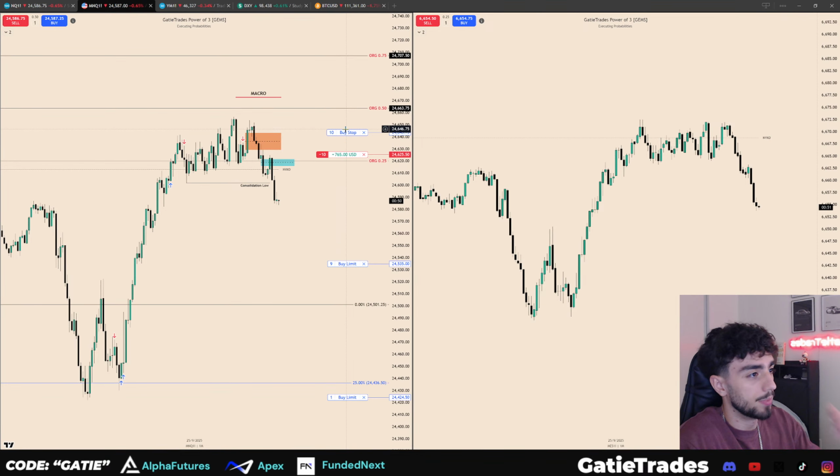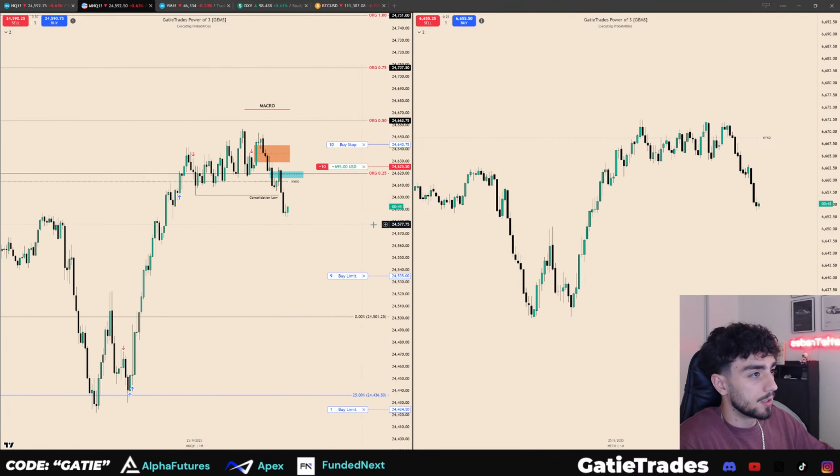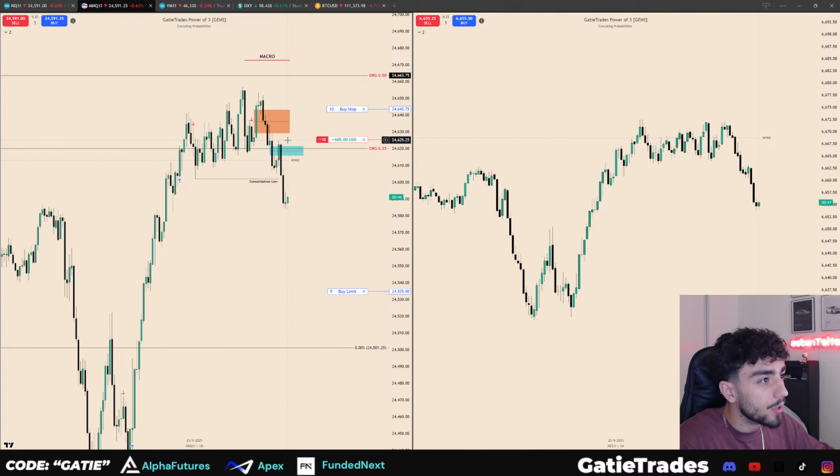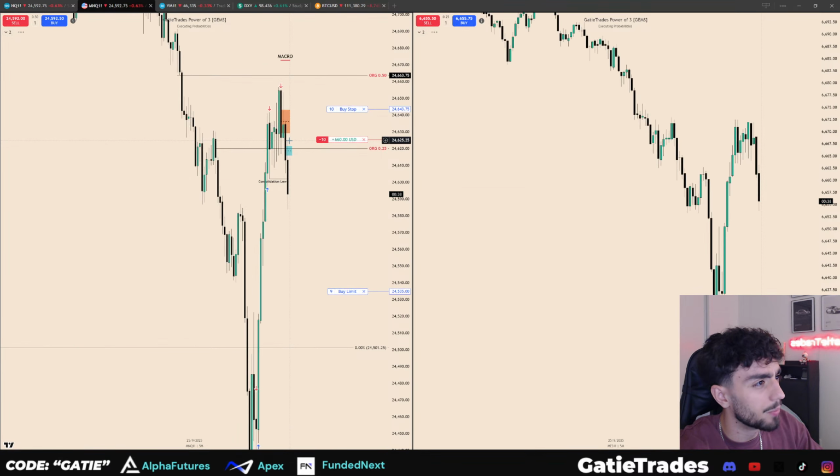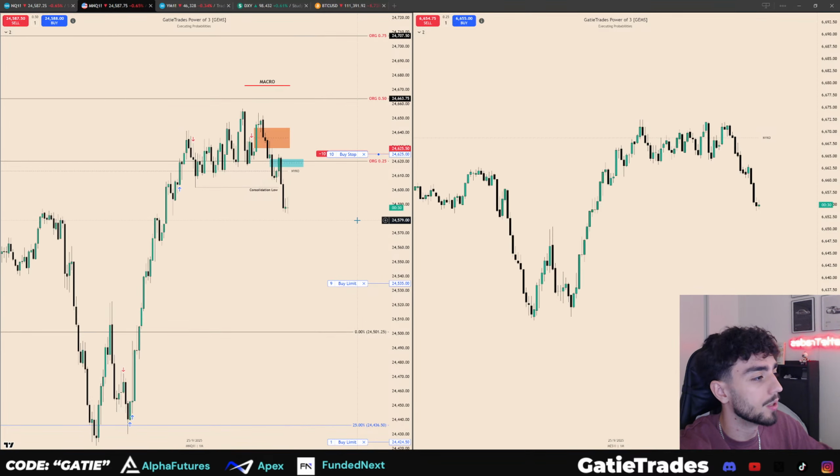So obviously some P&L based decision making here. Could probably move the stop here to break even. 46224. Then let's literally break even. I mean, I like that OB. Let me scan timeframes here. Yeah, we really should not be going up there. So stop to 24625. I hate that it's right there, but